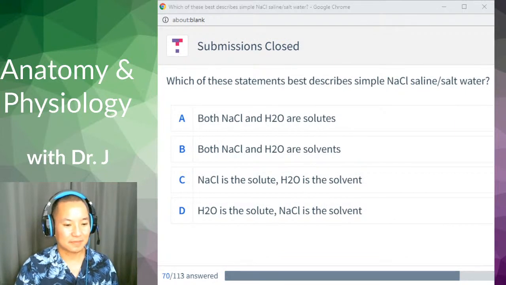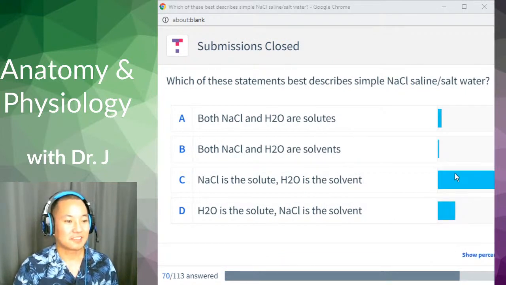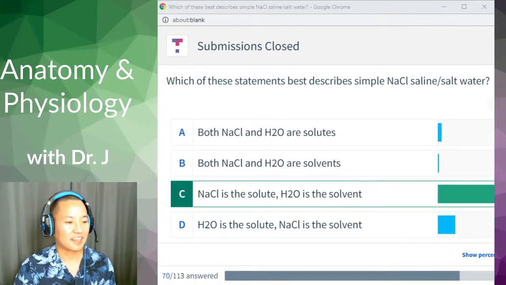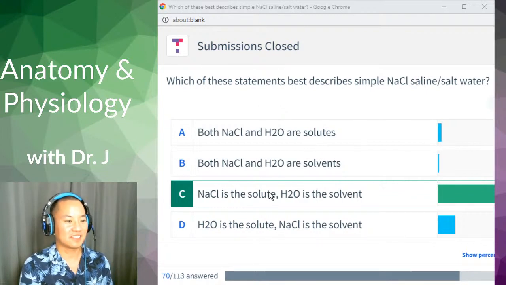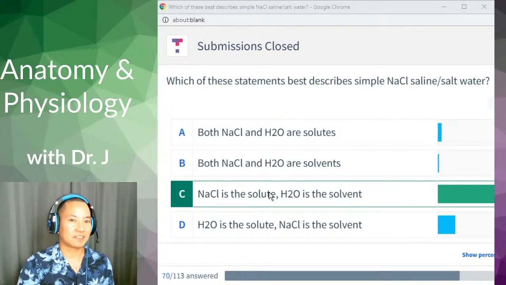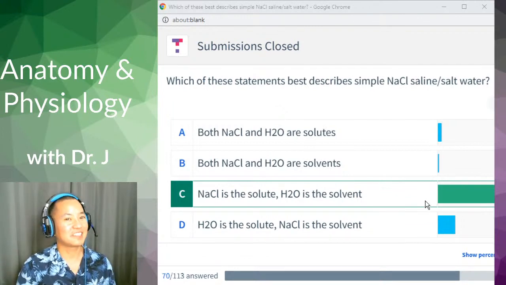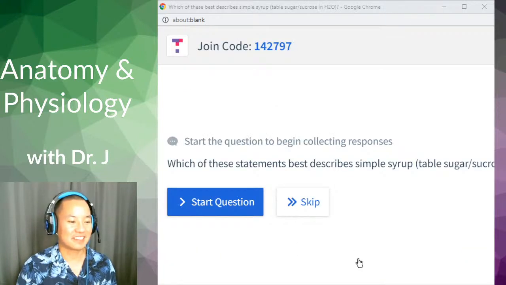In this solution, just plain salt water, most of you said NaCl is the solute, water is the solvent. And the majority of you are correct. Solute is something being dissolved, and solvent is the thing doing the dissolving. With salt water, you have salt being dissolved in water. Water is the main solvent in the human body. All right, in case you missed that,